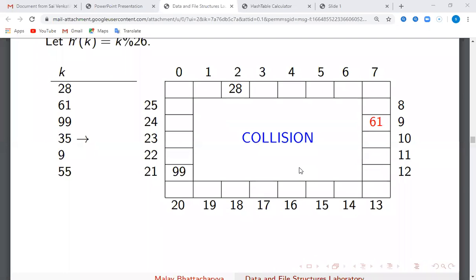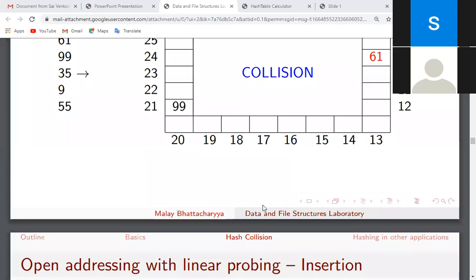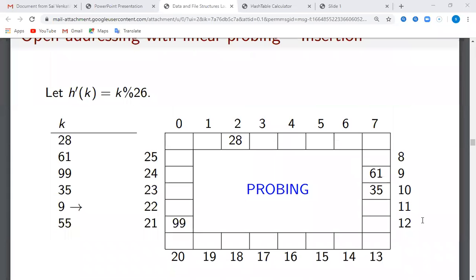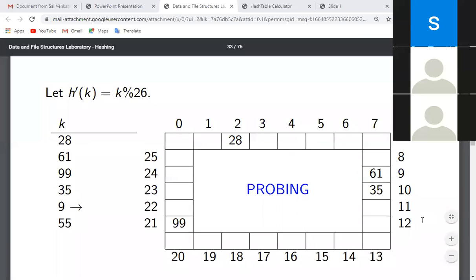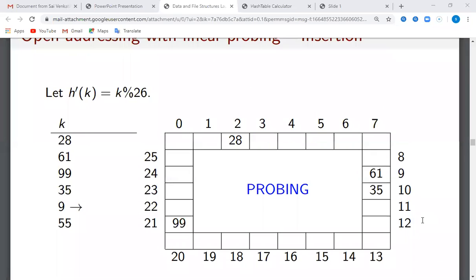So what we have to do is go for the next empty slot. After 9, the next empty slot available is 10. So we are going to insert 35 into index 10.